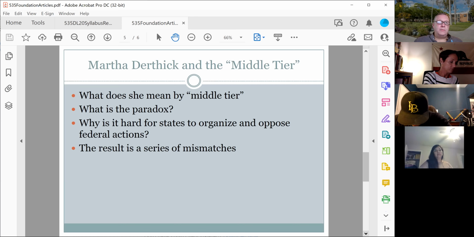Mismatches between prescription and practicality, between the locus of responsibility for generating public benefits and for paying costs, and between the locus of responsibility for defining public goals and for making trade-offs among them. Essentially, what she's saying is that